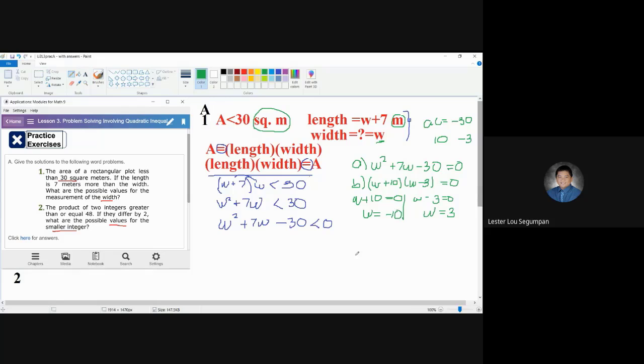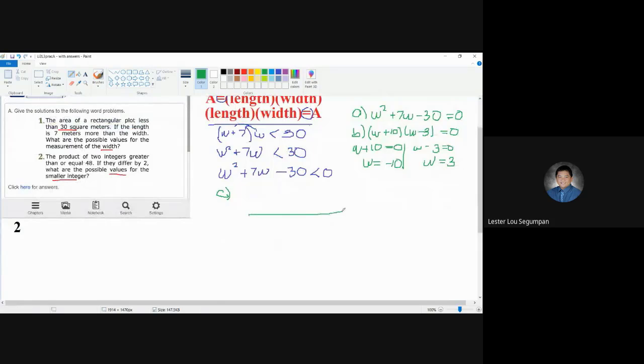Next step, step C, let me write it here, is to plot it on a real number line. Let us use here a line. Let's color it black. And plot here the points. So you will have the points. Let's use red. You have negative 10 and then 3. These are now your different 3 regions. So you have region A, region B, and region C. Let's not use region 1, 2, and 3 so that we could not be confused with other numerical figures. Region A, region B, and region C.